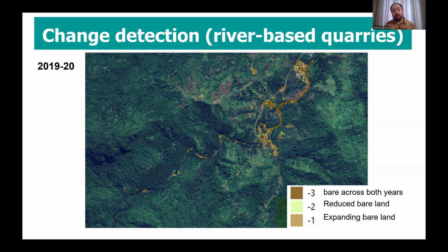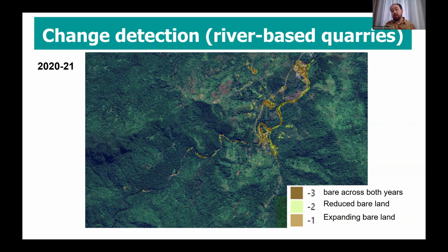Now, in 2021, we see some regrowth of vegetation along the riverbanks. Now, we can monitor whether or not this regrowth is actually restoration as a requirement of the mining company, or a rehabilitation of the environment, or whether it's just the growth of shrubs and invasive species, weeds that have grown back over the bare soils here.